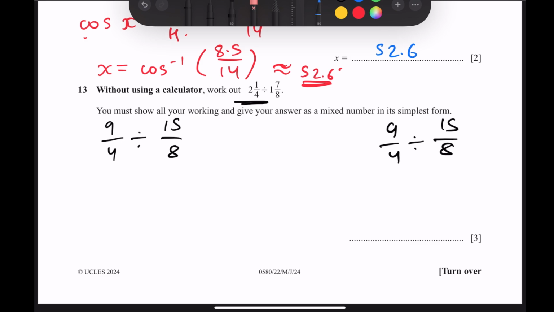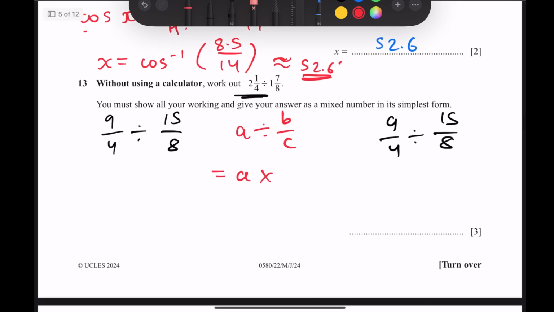For any division by fraction, if we do A divided by B by C, this is equal to A times C by B, where C by B is the reciprocal of B by C. So if you divide any number by a fraction, that's essentially multiplying that number by the reciprocal of the fraction. Since the reciprocal of 15 by 8 is 8 by 15, 9 by 4 divided by 15 by 8 is equal to 9 by 4